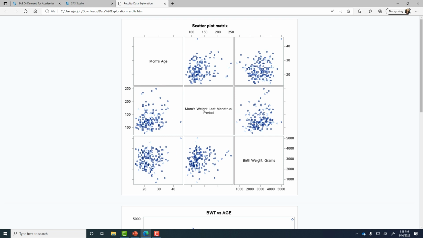Finally, in this bottom left, we see a graph of mother's age versus birth weight. Now, we don't have any regression lines on this plot, so it's kind of hard to see the relationship here. And I'd say there's not really a relationship between age and birth weight. But what we're going to do next is create some regression scatter plots. That will allow us to put a plot of mother's age versus birth weight, and also a plot of mother's pre-pregnancy weight versus birth weight, and each of these will be in its own graph.